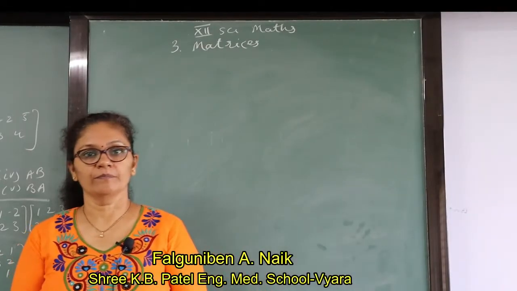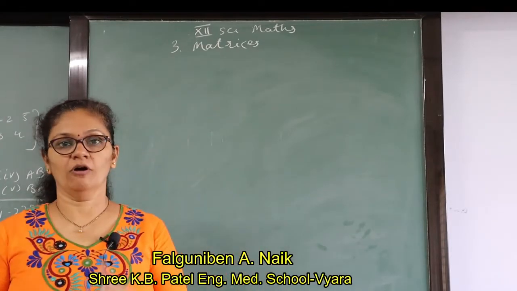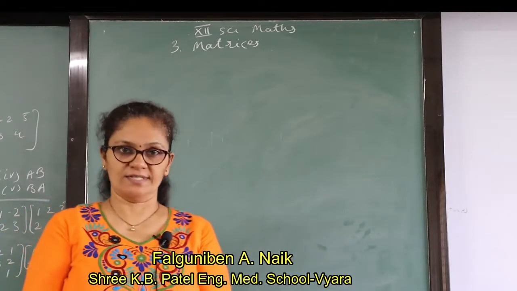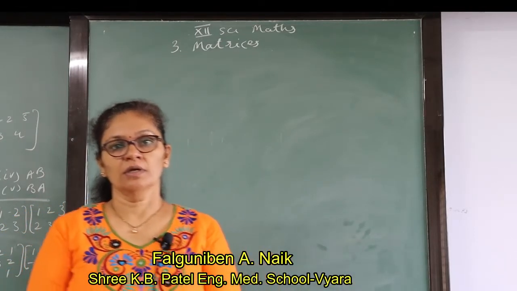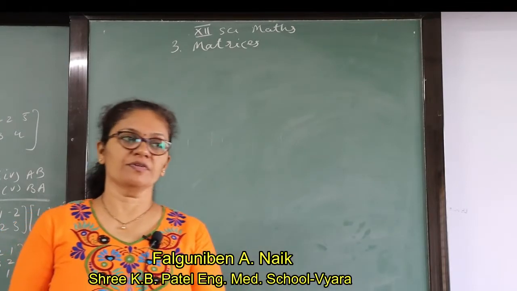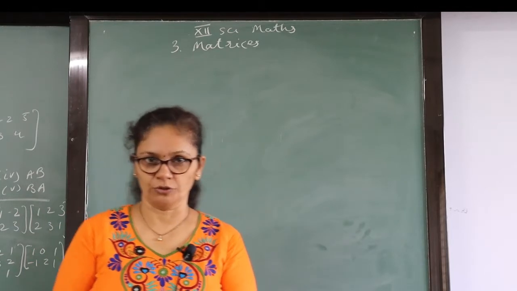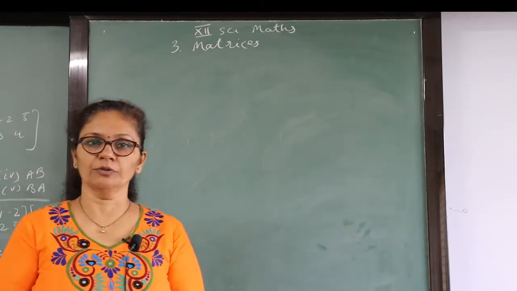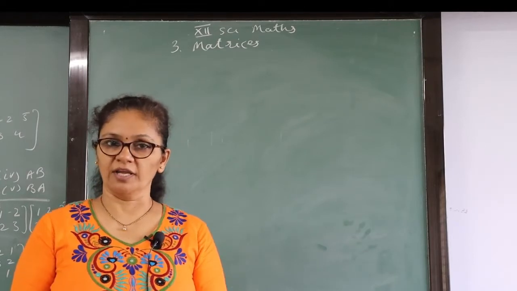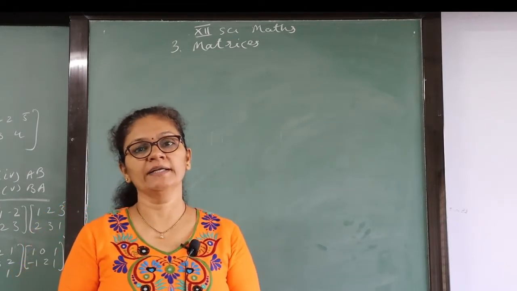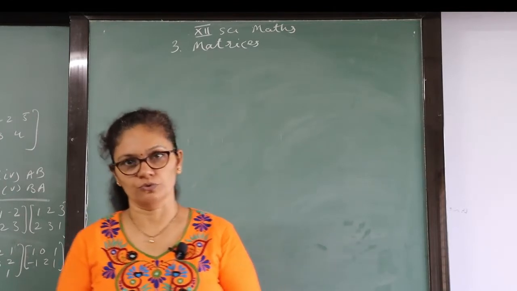Hello everyone. We have already discussed so many things of 12th standard maths matrices chapter. In the last lecture we discussed all the multiplication types with square and rectangular matrices. Now we will start exercise 3.2. Before I start 3.2, I know you have completed your exercise 3.1. If not, then complete it as soon as possible, because in 3.2 you have to solve so many questions.